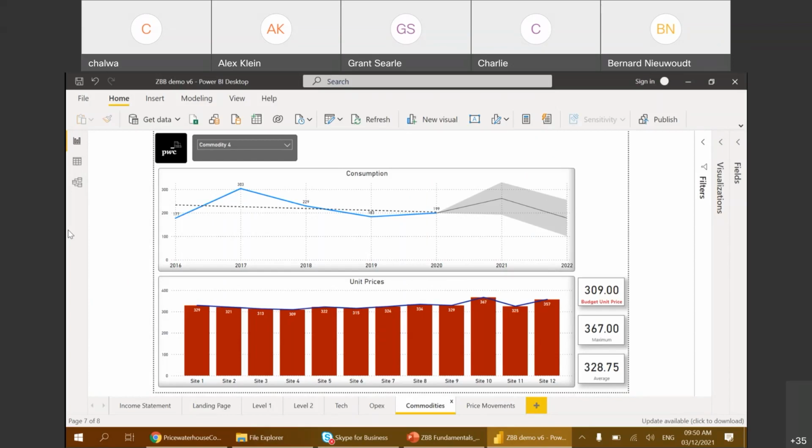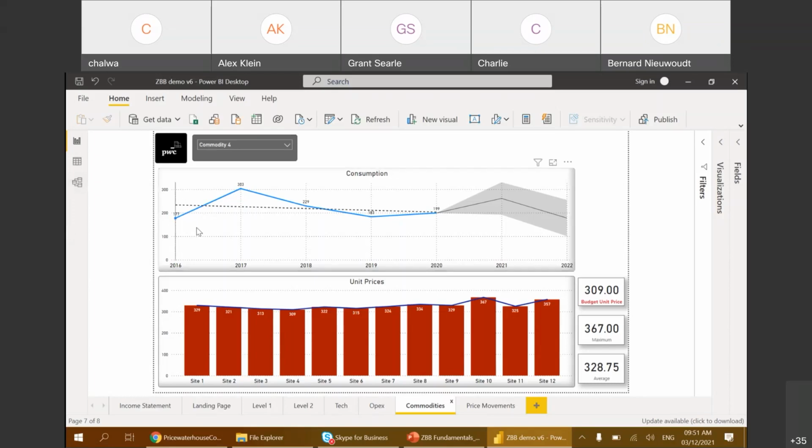So we found, for example, that a one-liner on a GL might have 7 different commodities that feed into that line, but they have vastly different cost drivers behind them, and they are very different in terms of how they enable production or growth. So the idea would be to not look at that one-liner GL, but to create the additional visibility and look at your consumption of that commodity and the unit price of that specific commodity and zero base it from that perspective.